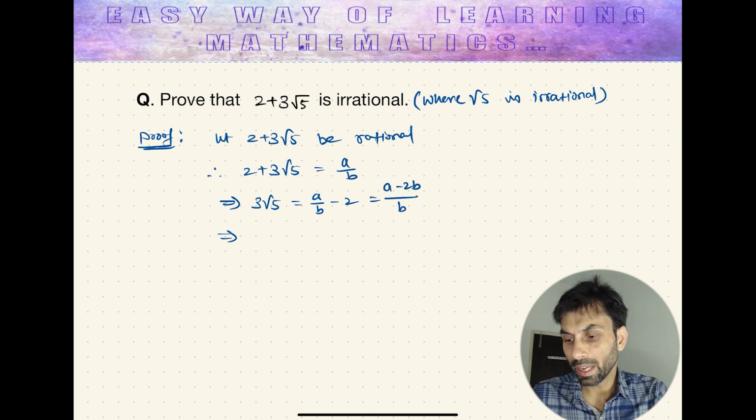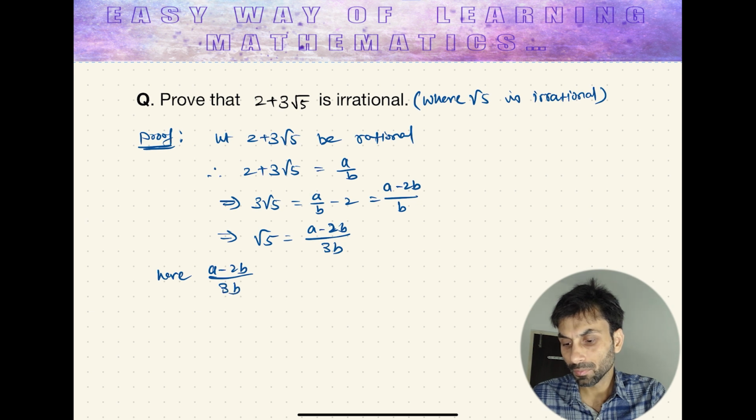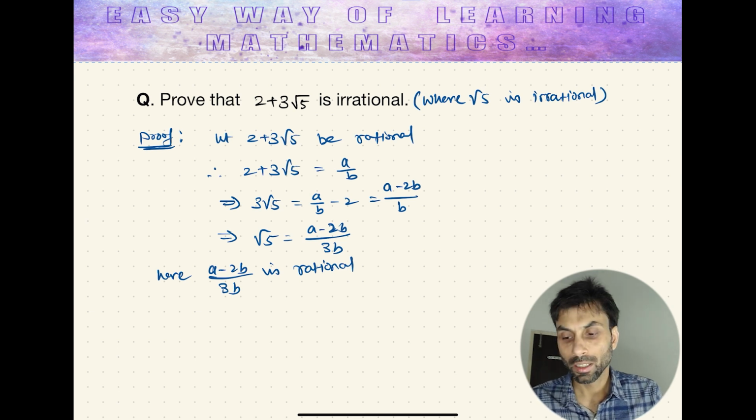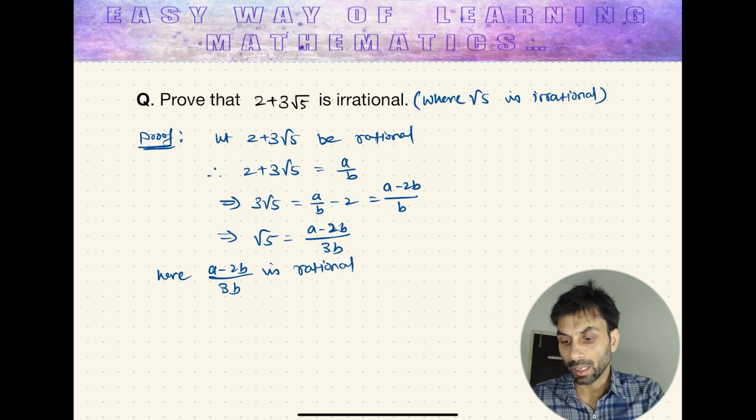This will be b a minus 2b. So that means root 5 will be a minus 2b upon 3b. Now what we see here is, a minus 2b upon 3b is rational. As you know that a is rational, b is rational, and b is not equal to 0. So any operation you perform on two rational numbers will result in a rational number only. So here a minus 2b upon 3b is rational, but root 5 is